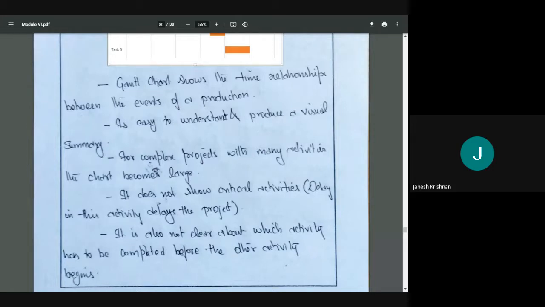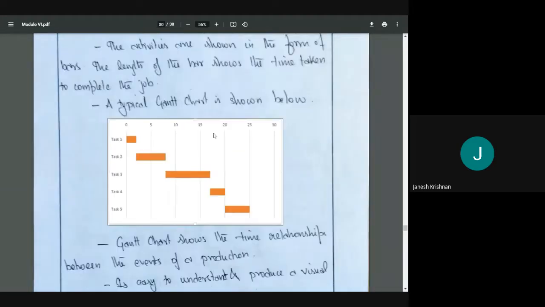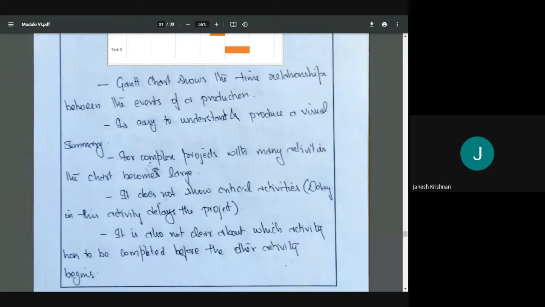Okay, that will depend upon the project, but here it is clear. In this scenario, it is clear, but in certain bar charts, the scenario may be such that it is not clear also. Okay, so the first one is we have the budgets. Second one, the financial statement. The third one is rate of return or return on investment. Fourth one is Gantt chart. The fifth one is network analysis. Okay, network analysis using PERT.